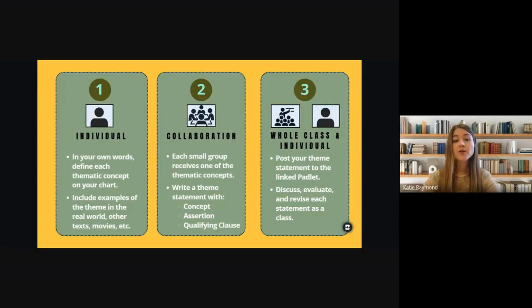Once you've done that, you're going to come up with examples of how this thematic concept shows up in other areas of the real world. It could be your own life experience. It could be other parts of the Great Gatsby book or the movie version we've been watching. It could be in other texts. It could be in song lyrics. It could be in poetry, in history. Building those connections to things you already know is going to strengthen your understanding of it as it comes up